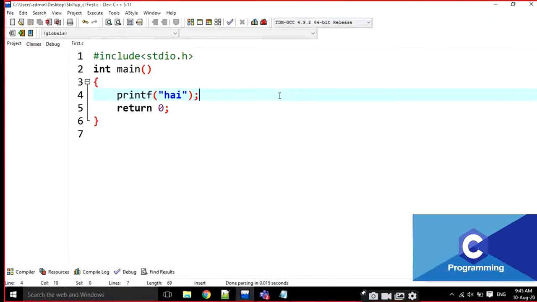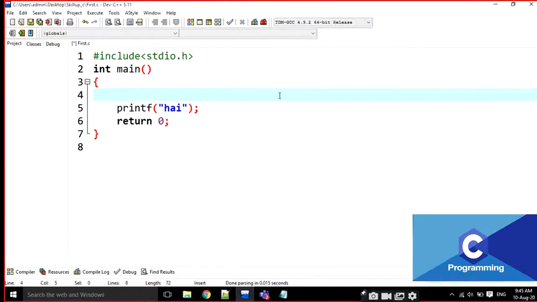The printf statement, a simple basic program: print hi. This is the basic intro of any programming language, not only C. Every time we write, even when writing on paper, we have to maintain the indentation.